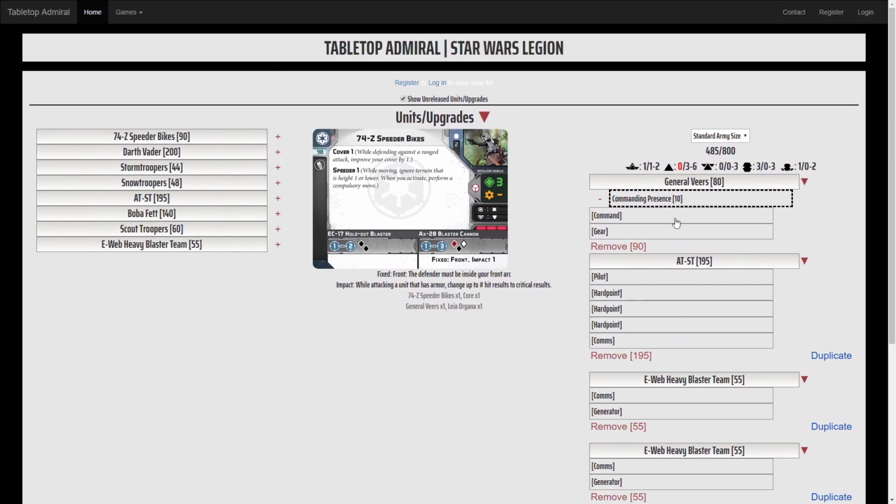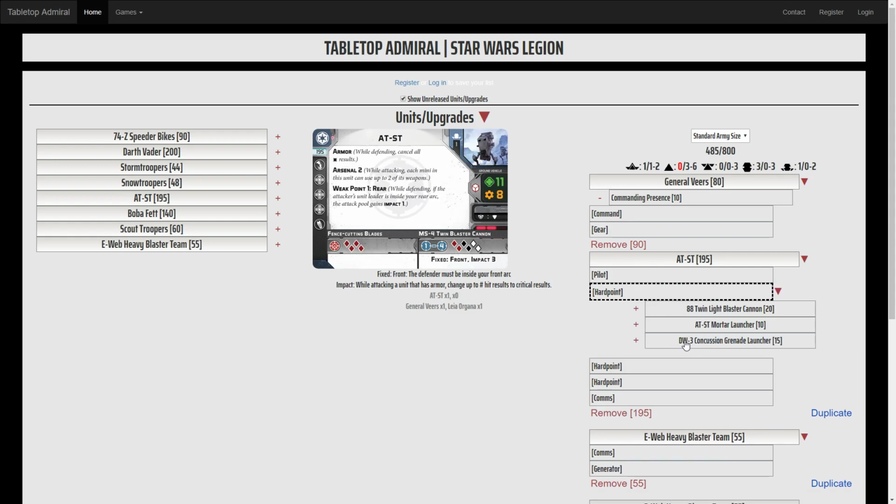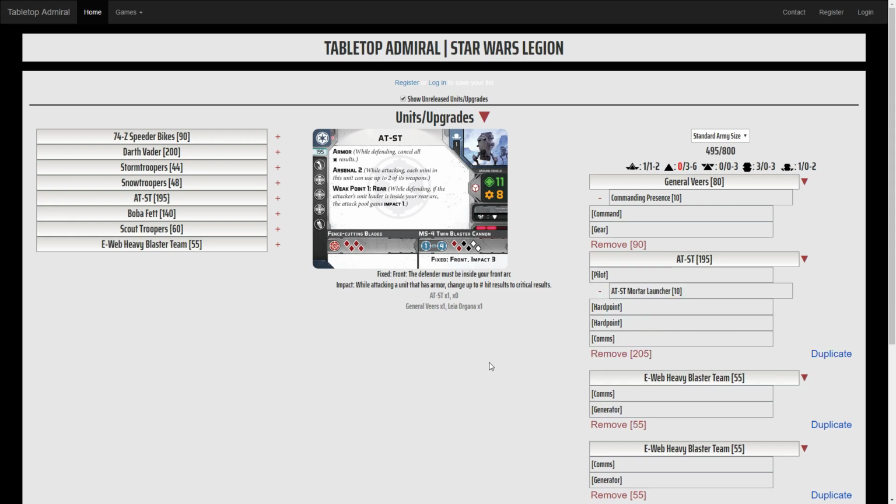So we're going to have 2 vehicles. We're going to try to make full use of Veers' command cards, and being able to give stuff to both vehicles. And I will put the mortar launcher on the AT-ST. It gives it some long-range capability. It can stay back with Veers if it needs to, and launch mortars on the enemy, and also,